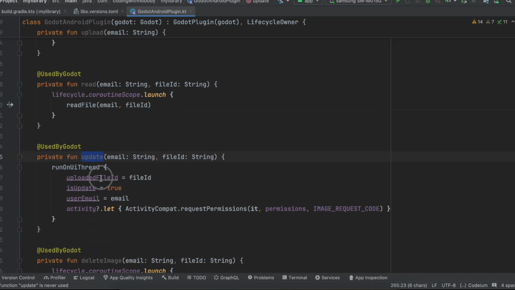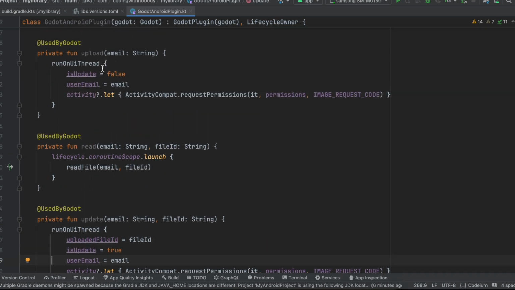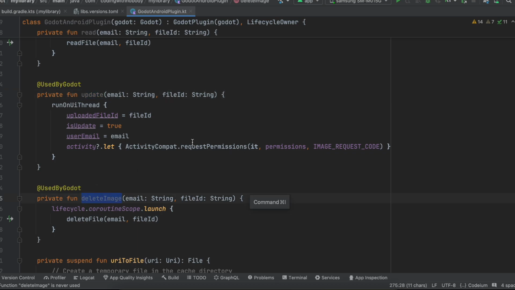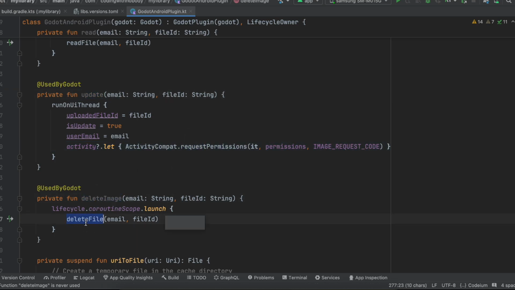Update same, upload file ID which I'm sending. So while uploading, once upload is successful, we send the file ID back to Godot side. Then again Godot will send it for reading, updating, as well as for deleting. And for updating also we do the same thing like upload, and for deleting we just call the delete file